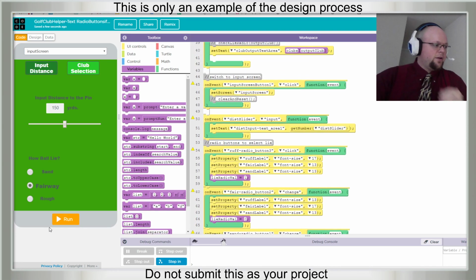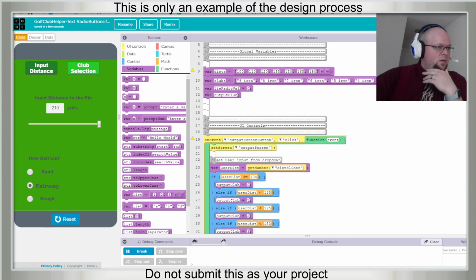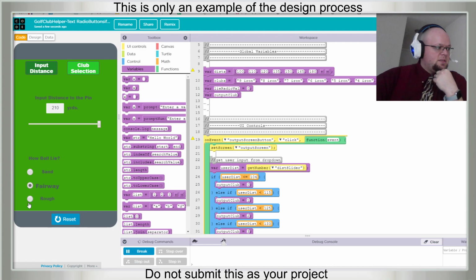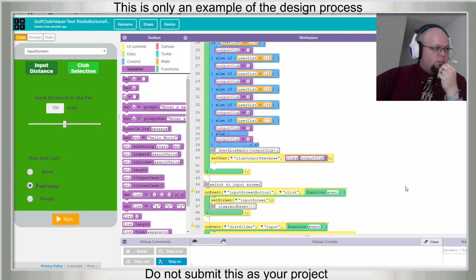We have that off. So as is, if we make it the highest distance, we want it to come back with 3 iron. Okay, good. If we make it the highest distance and rough, this should break it. Nope, it didn't break it because we're not checking lie distance. So now let's try and break it.